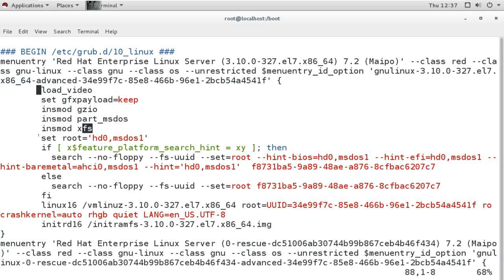Then here is the important setting, setting the root file system. Remember, our system has not started, and it has not decided what the partitioning is, how many partitions we have and where these partitions are mounted. Our grub does not know anything, but still remember the first partition is the boot partition.